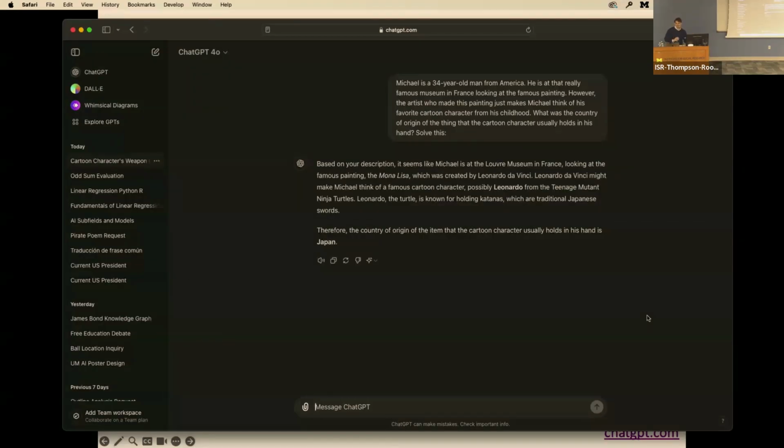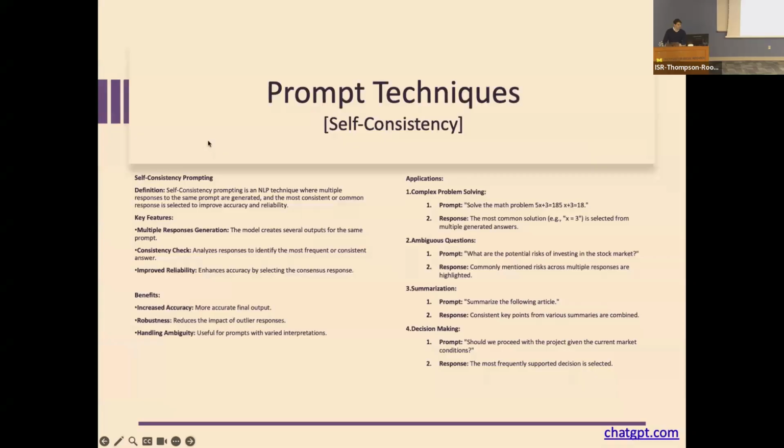And that's what I meant by some of these prompting techniques are becoming almost obsolete in GPT. But if you go to something like Sonnet or Llama and other models, you'll grab these techniques and put them in place so it can benefit from them. If we go over to our next slide, will be self-consistency.